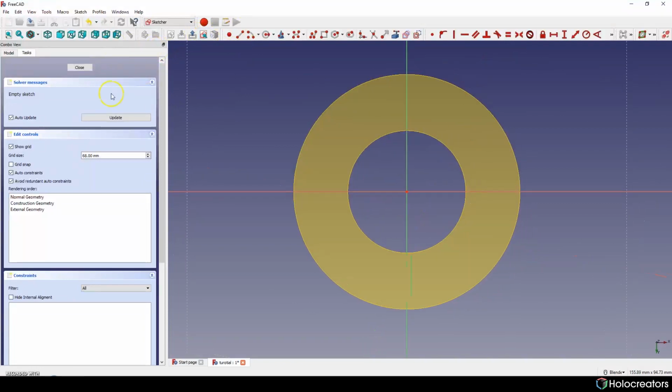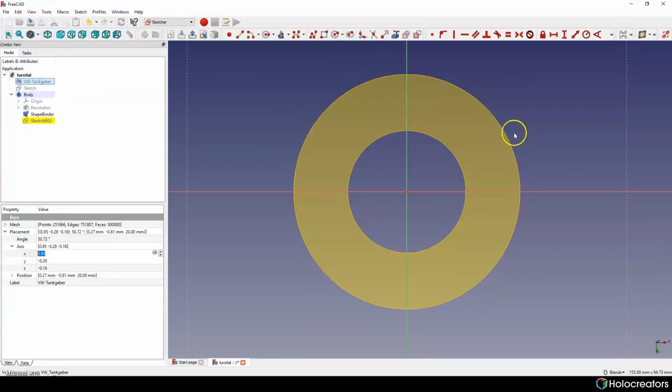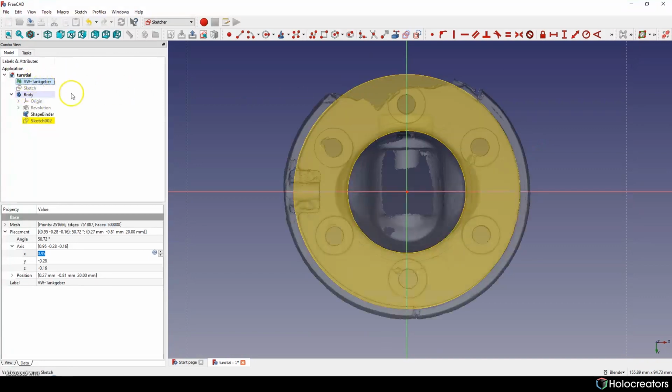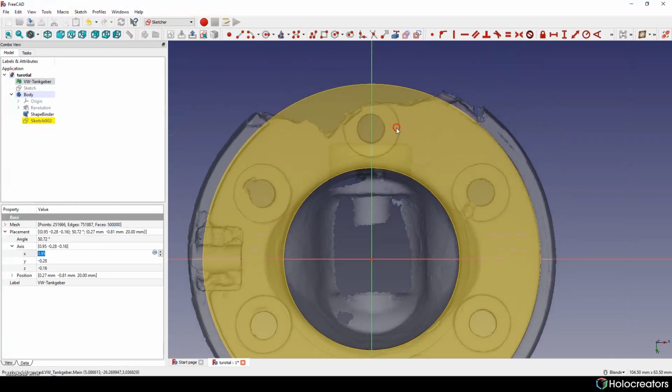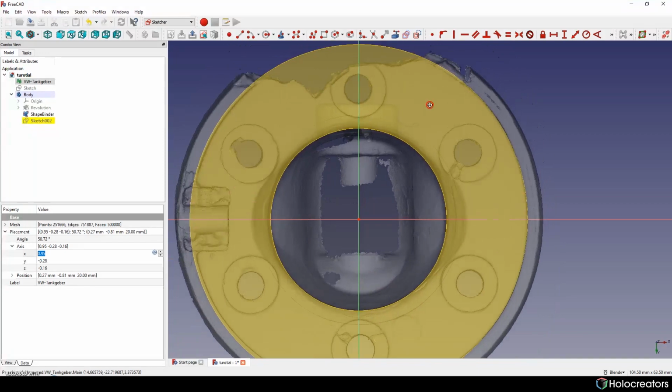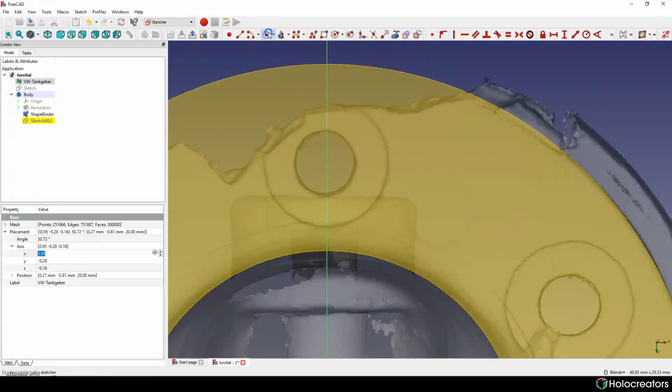Now we will need to see our base model. You can just press spacebar and we have it here. Now we need to create two circles that we're gonna use in our next operations.